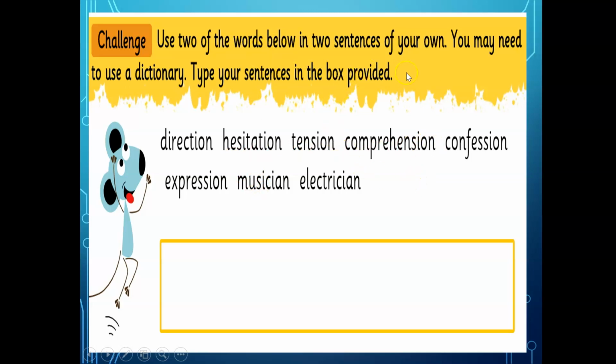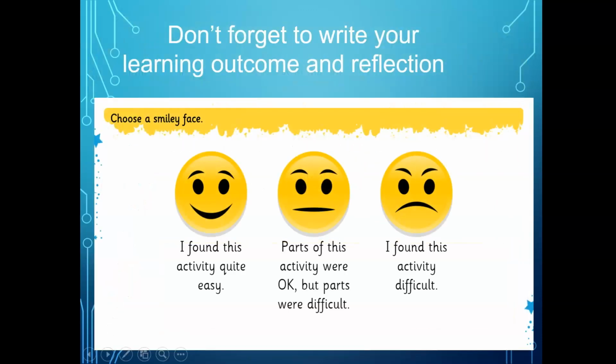If you need, you can use a dictionary. Choose any of the words and create sentences. And don't forget to write your learning outcome and reflection. Please tell us how you found this lesson, whether you found it easy or some parts were difficult or you really